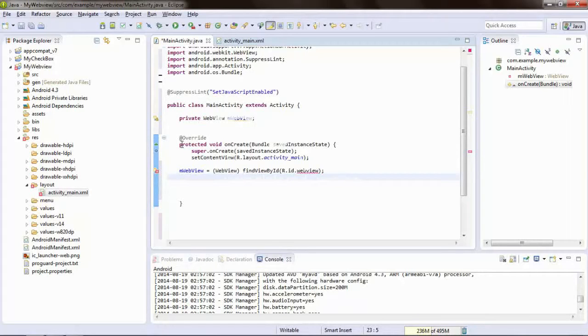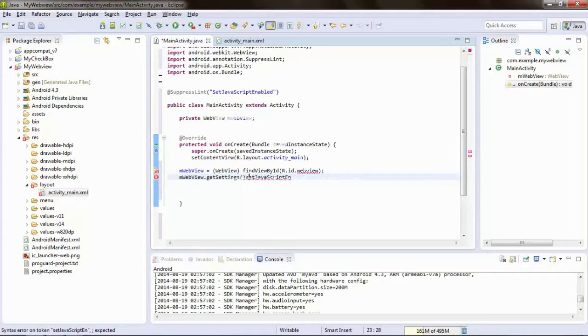Then after that, we will get the settings of the web view, which is mWebView.getSettings().setJavaScriptEnabled.